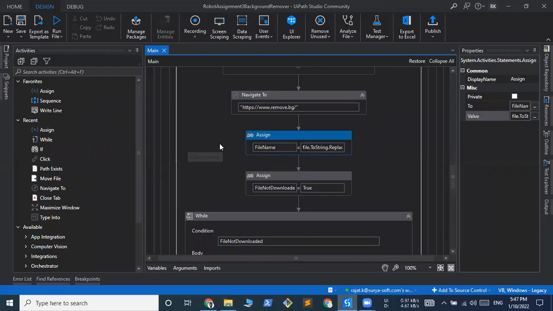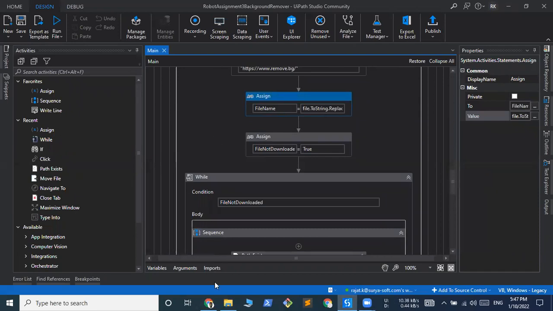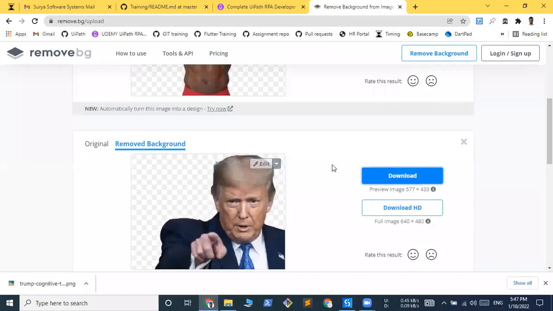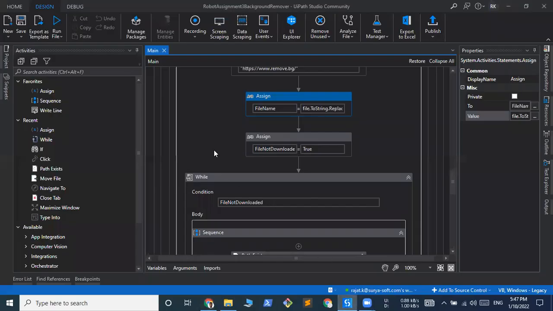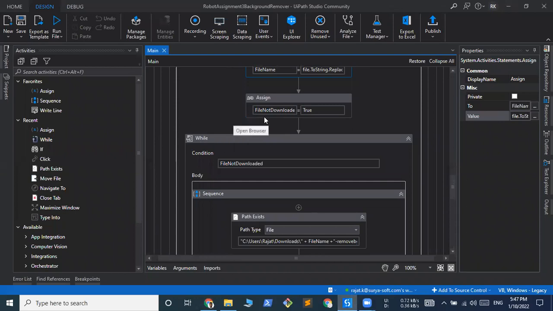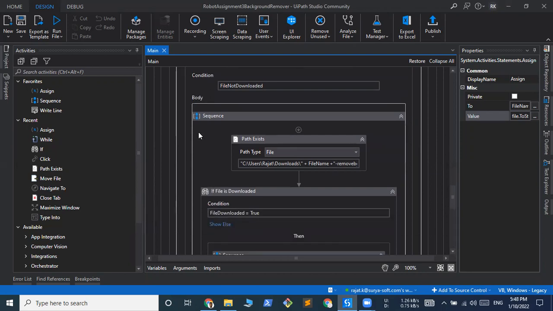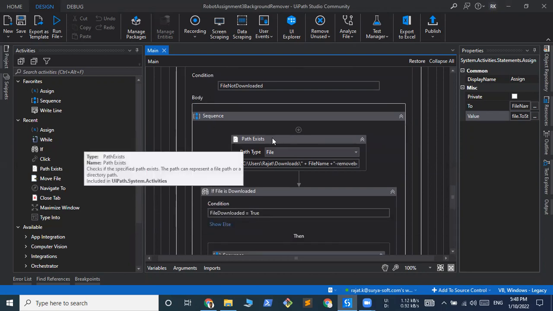So in the next step, note that we do not know how much time this image will take to download after we click on the download button. So we cannot use a static delay saying that, okay, wait for 5 seconds, wait for 10 seconds. So what we have done here is we have used a while loop. We have assigned a variable file not downloaded is equal to true. And we have set a condition that while file not downloaded is equal to true, this loop keeps on running. Inside this loop, we have a sequence where we have